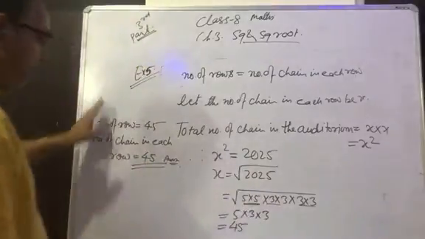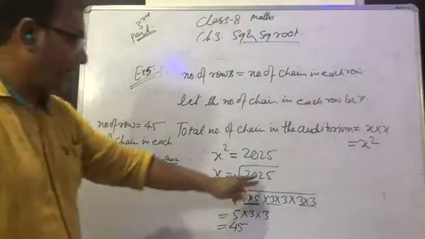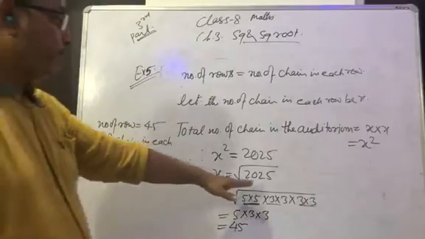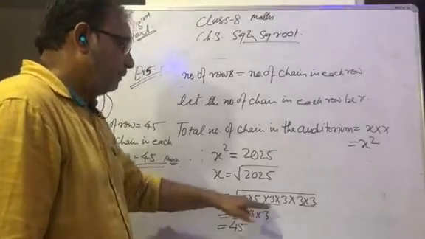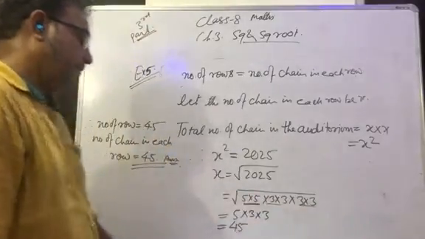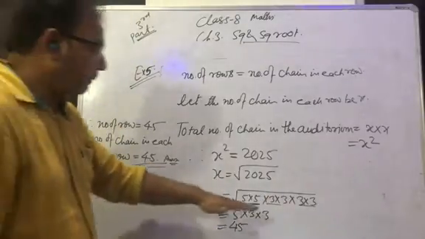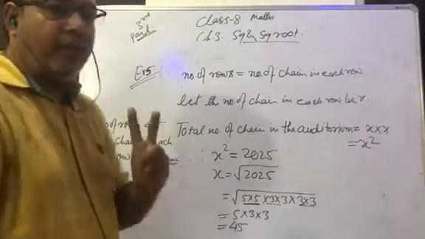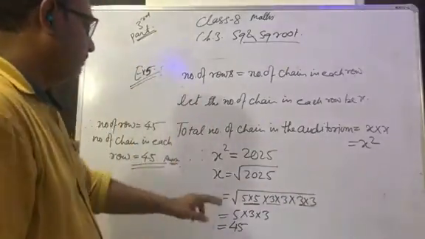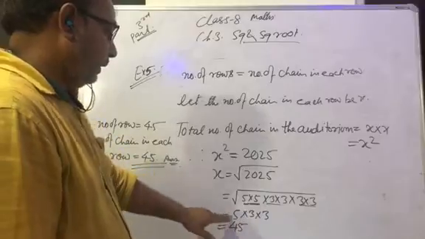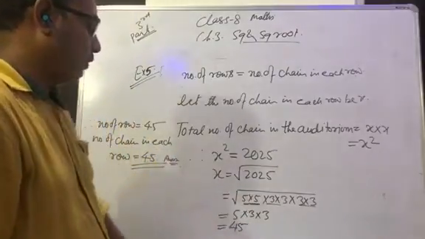And when we do the prime factorization, I just did it before writing this. If you take out the prime factorization of 2025, you can see 5 into 5, then 3 into 3, then 3 into 3. So you can write under root 5 into 5, 3 into 3 and 3 into 3. There is a pair of numbers. And because it's a square root, we have to take out one common from each pair. So out of 5 and 5, 5 is common; 3 and 3, 3 is common; 3 and 3, 3 is common.